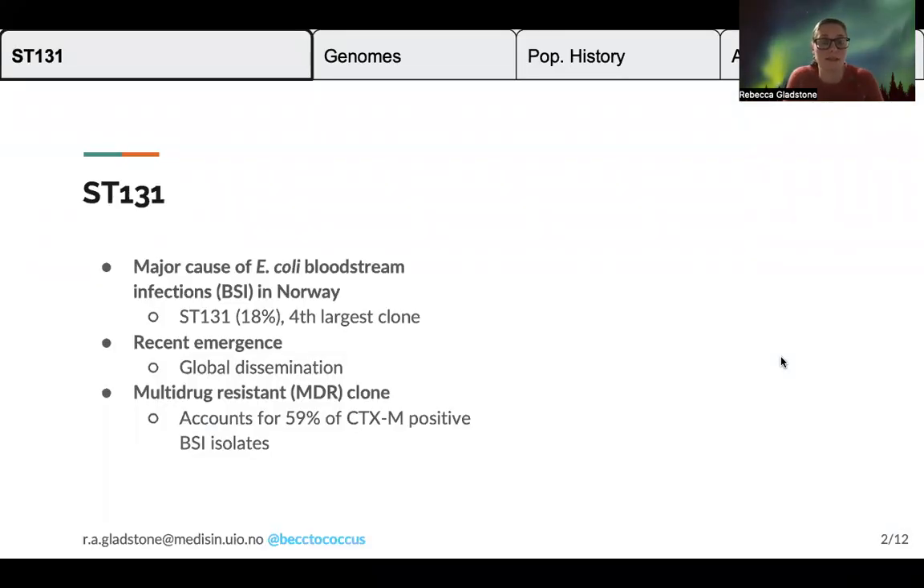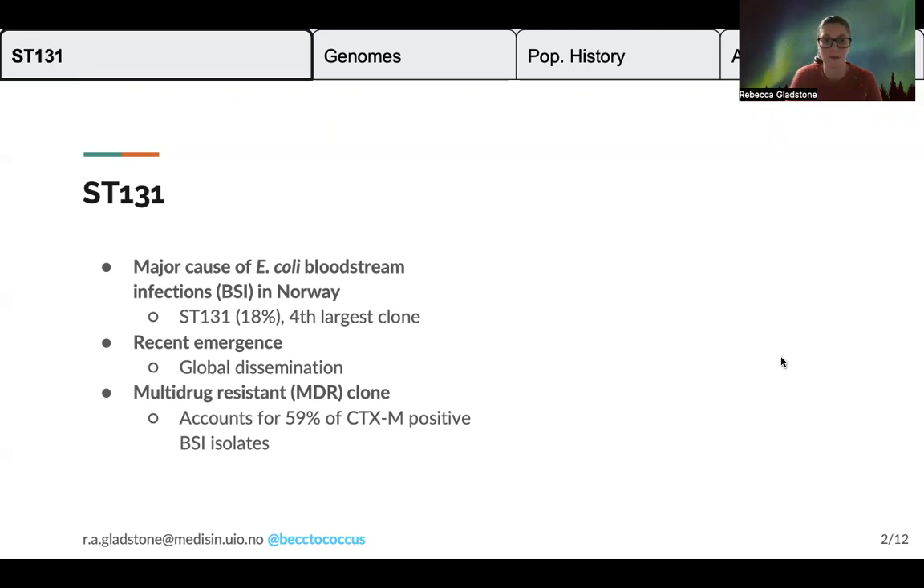So ST131 is a sequence type that's a major cause of E. coli bloodstream infections in Norway and many places in Europe and the Western world. In Norway, it's the fourth largest clone and it accounts for nearly 20% of the bloodstream infections caused by E. coli. It's recently emerged and has globally disseminated. It's described as a multi-drug resistant clone and accounts for nearly 60% of all CTXM positive bloodstream infection isolates,